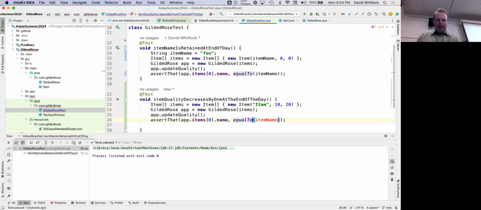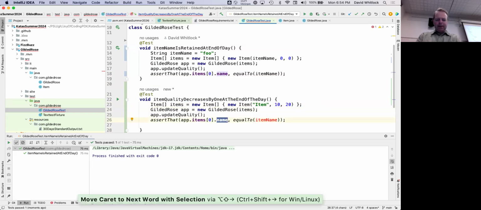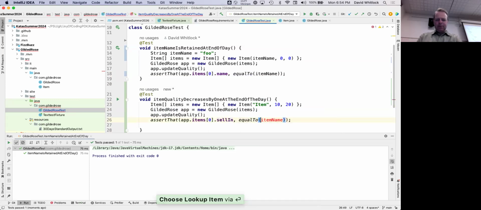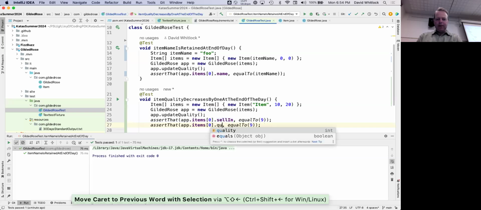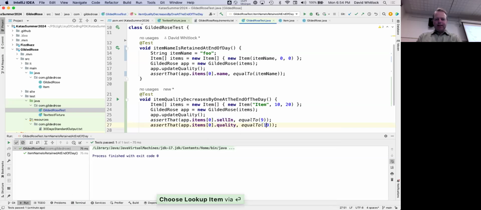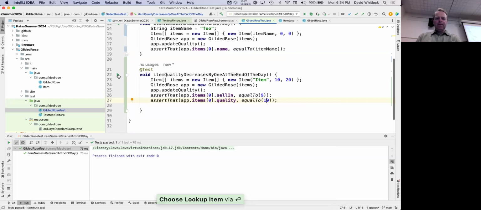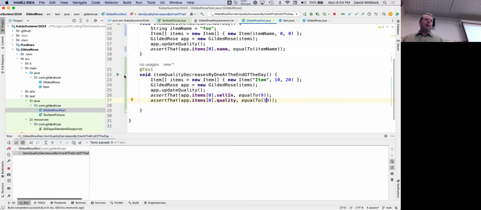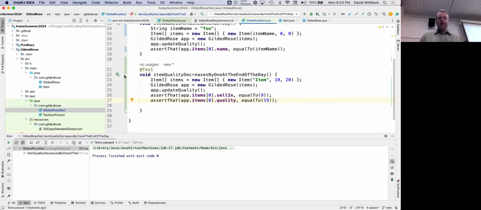Then at the end of the day, I expect that the sell-in is reduced to 9 and that the quality is reduced to 19. I don't know if this is going to pass or not. I expect it to, but I want to have this here for two reasons. First of all, to validate my understanding of the use case. Oh, good, it passes. And I also want it because I want to go in there and change this code.